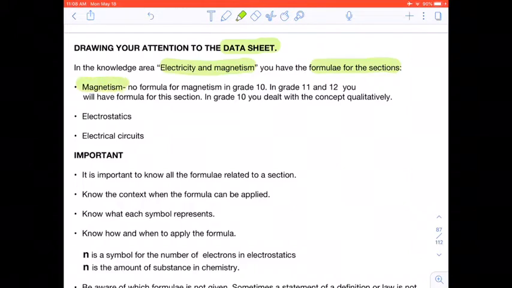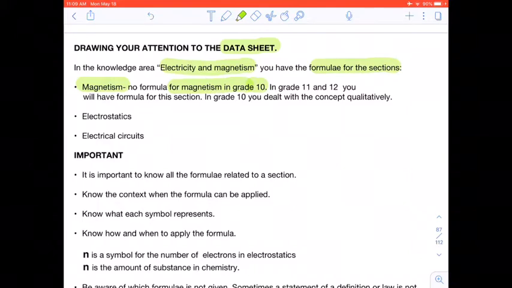Magnetism, we dealt with magnetism. There's no formula for magnetism in grade 10. But in grade 11 and grade 12, you will get formula for it. At the grade 10 level, we dealt with magnetism in a qualitative way. And you know that we have field lines, and how dense those field lines are gives us an indication of its force. We will deal with that when you are in grade 11 and 12. But in grade 10, you don't have the formula for